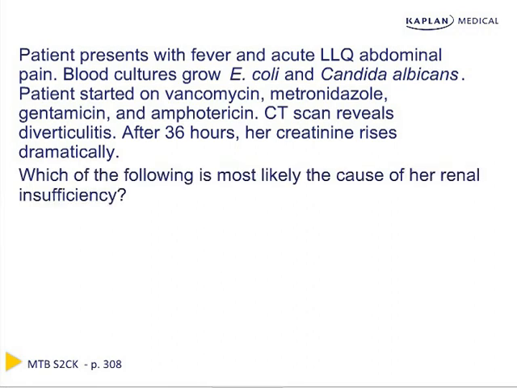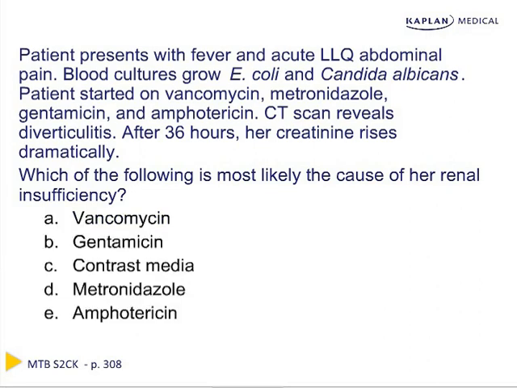So which of the following is the most likely cause of her renal insufficiency? Our answer choices are vancomycin, gentamicin, contrast media, metronidazole, and amphotericin. So this question is actually kind of tricky because this poor lady has been exposed to multiple nephrotoxic agents that could have caused AKI. So when we're given so many answer choices that could cause AKI, how can we tell